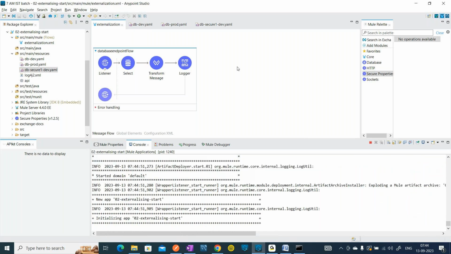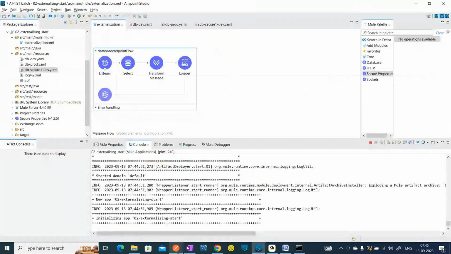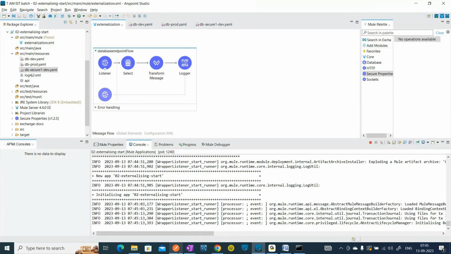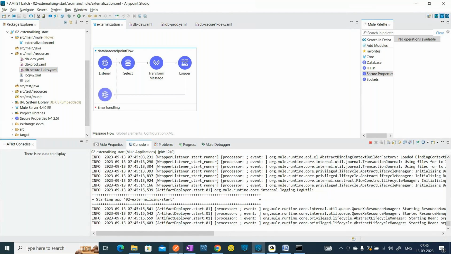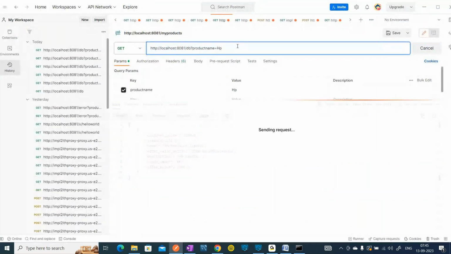Yes, if my secure properties and if my externalization both are correct, once I send a request, I should get the same response. Let's test it. So it is deployed. Let me send the request. Yes,